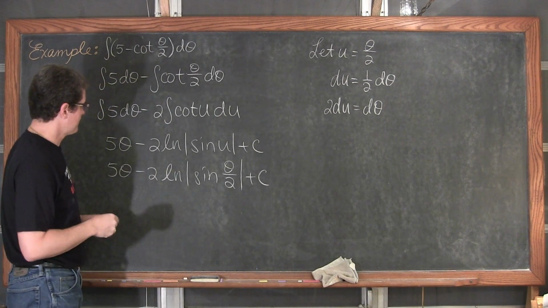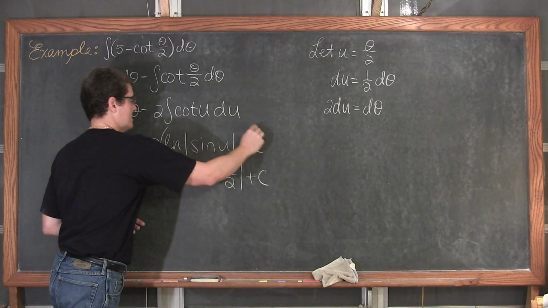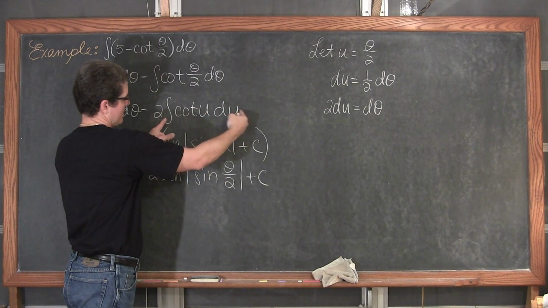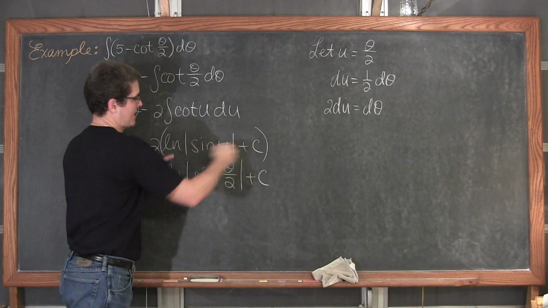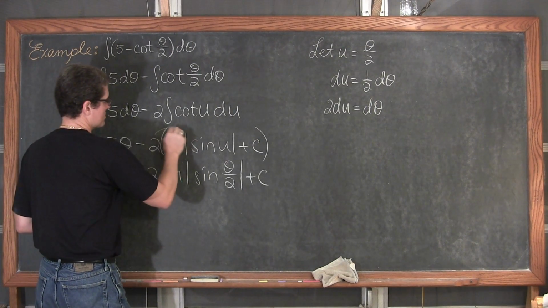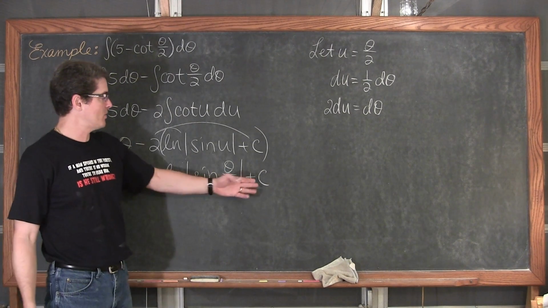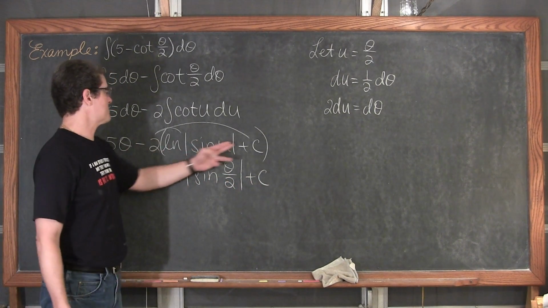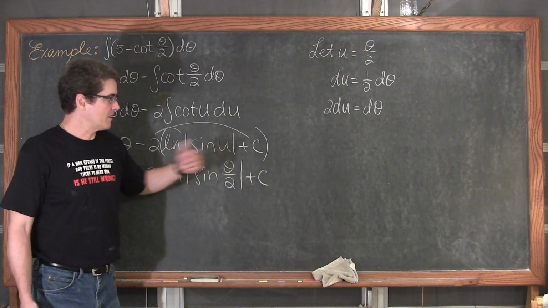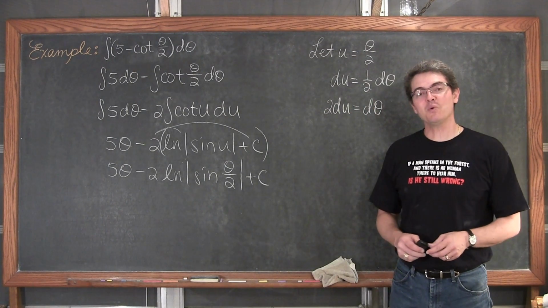And by the way, I want to highlight something here. Really, I should be wrapping this in parentheses because I'm taking this integrand out and replacing it with an expression that has 2 terms. The reason why I'm kind of skipping that, maybe it isn't that great to do so, is I'm going to distribute this -2, and -2 times c, a constant, is just going to come out to another unknown constant. And negative times positive is negative, but is that constant positive or is that constant negative? I don't know, and I'm just going to leave the plus sign in there to indicate that it's just an unknown constant. And that is the answer to our next example.